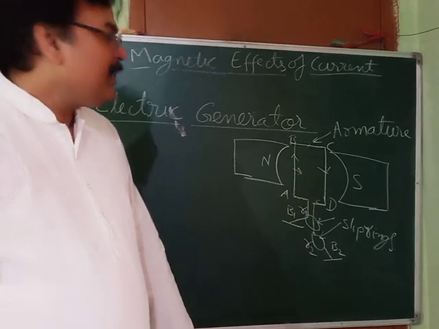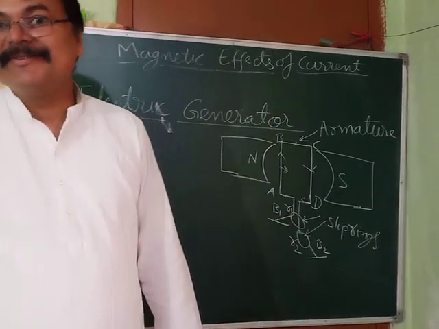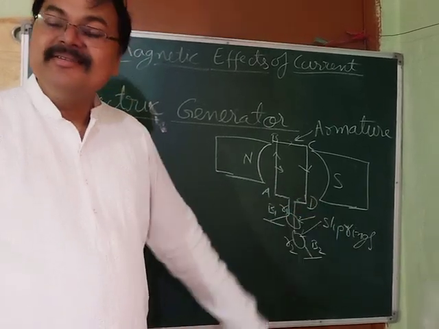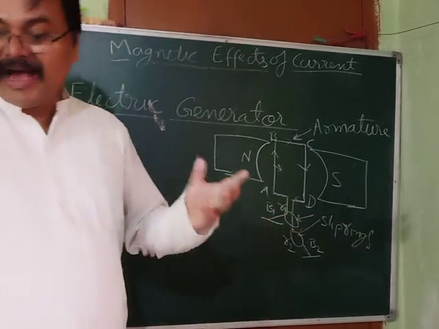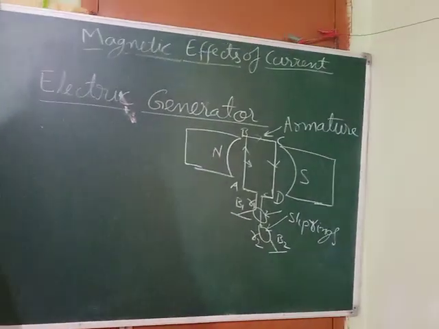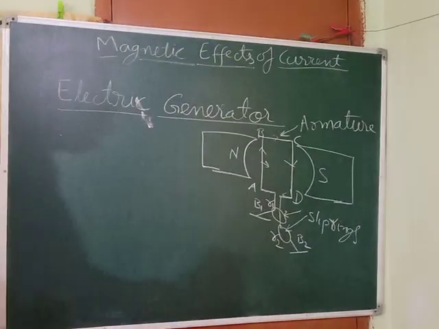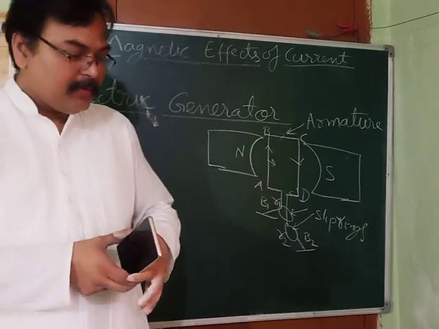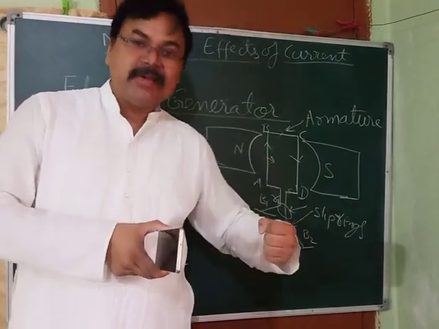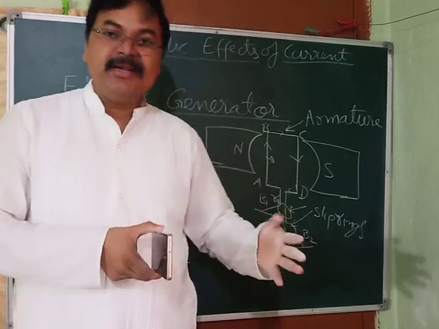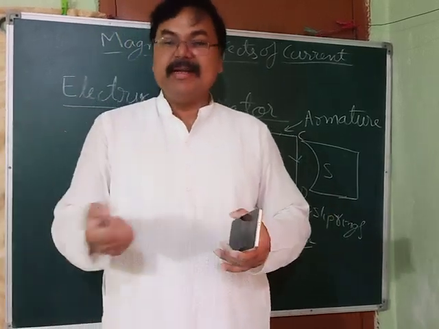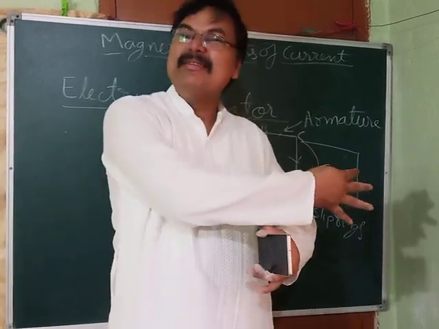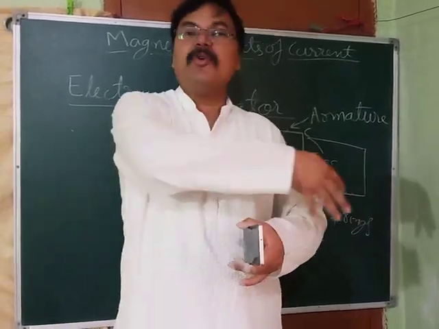Okay. Now why is the current produced in this? Is the flux really changing when this is rotated? Yes, changing. I can show you. See here. Suppose this is a rectangular coil. Now what will happen? Two poles of a magnet are there. Suppose on my left side it is the south pole, and on my right side it is the north pole. So magnetic lines of force are coming from my right side and going to my left side.